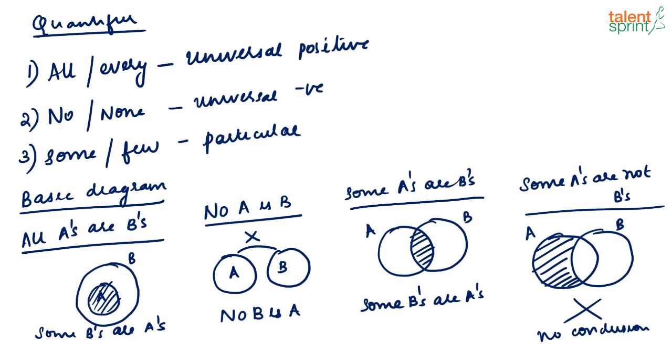So these are the first set of things that you need to know, very, very basic things. Then see, when do you say a conclusion is a definite conclusion? For a conclusion to be definite, like I say, all A's are B's means for sure I can say that some B's are A's. This is a definite conclusion that I am getting from this statement. A conclusion is said to be a definite conclusion if it is true in all the possible cases of diagrams that you can draw for the given statements. Be it the basic diagram or any other case, however you represent the statements, the definite conclusion should follow all of these cases.